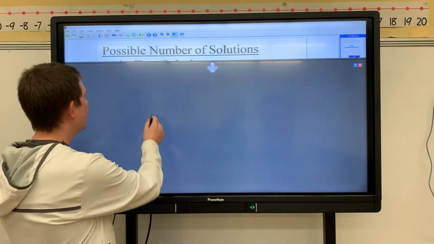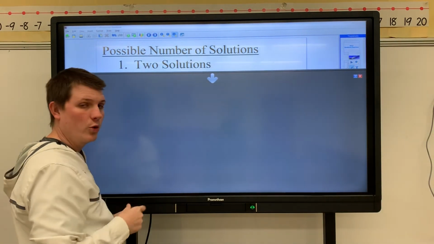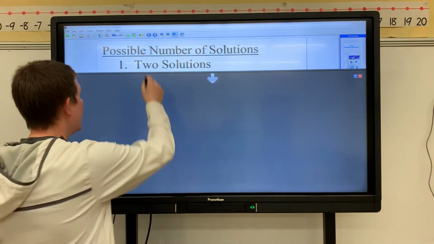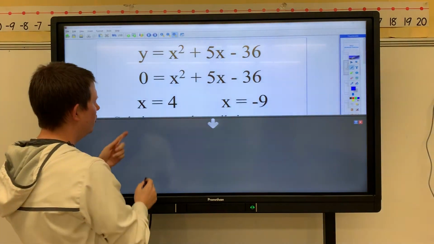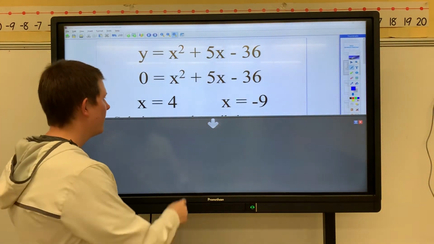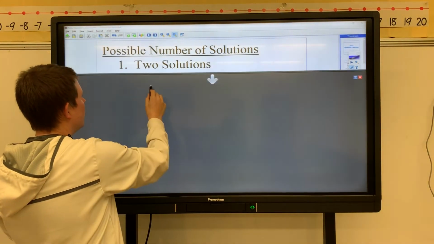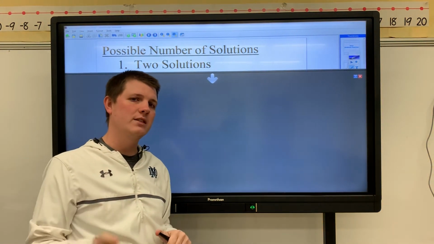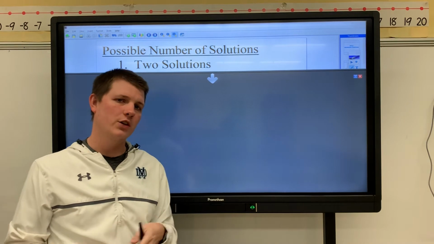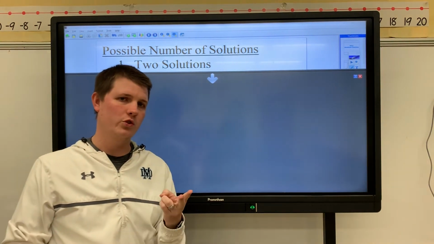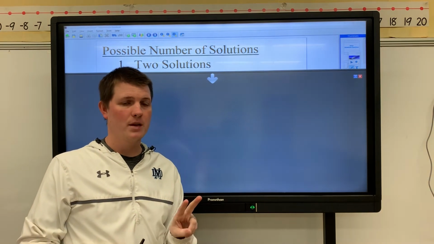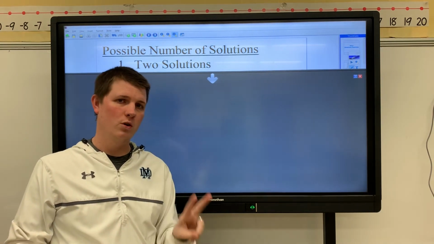The first possibility is you will have 2 roots or 2 solutions, like the last problem. On the last problem, how many solutions did we have? 2: 4 and -9. You will typically have 2 solutions. I would say 95% of the time when it's a quadratic function, you will have 2 solutions. So when in doubt, you should have 2 answers on every problem, because most problems will have 2 roots or